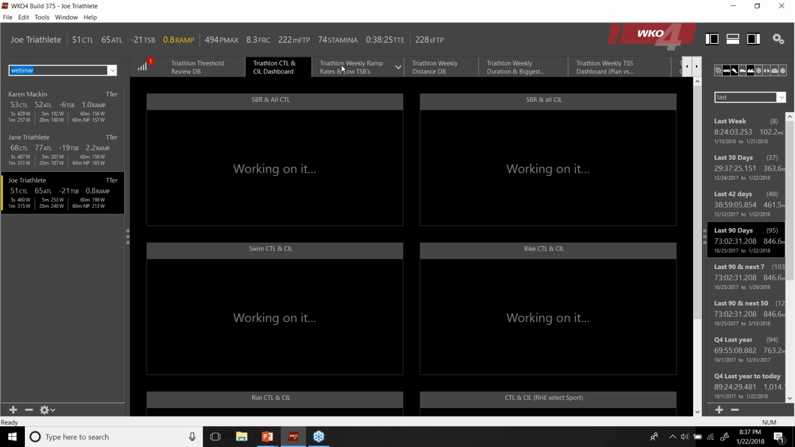Ramp rates. Okay, so this is where I really wanted to be. We're going to look at weekly summaries for,